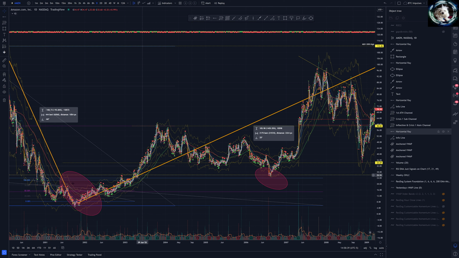First up, it didn't test the first crisis area. So that's important. Ideally, what you want to see on something like this is not the first crisis area test. You want to see the second crisis area, or the third, or really the second crisis area tested. And what you'd like to see in that second area when it's tested is a key level of that second area being held up.